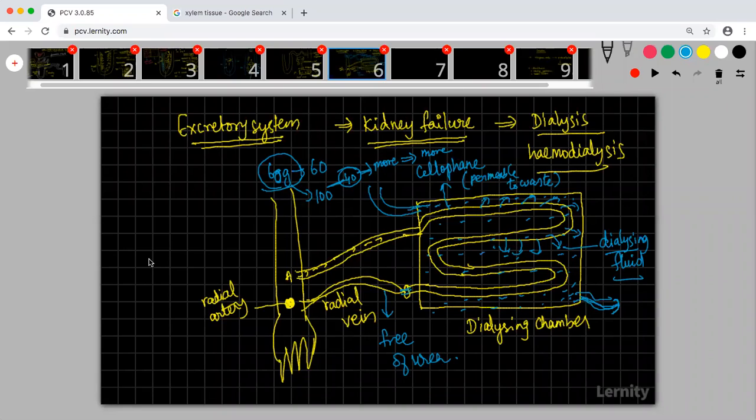I know of a doctor madam here. She donated a kidney to someone else, almost when I was a child, studying in 8th standard. I remember that doctor. In 1998, I saw her donating a kidney, and she's alive till now. She's having only one kidney, more than 22 years now, and she's perfectly healthy.